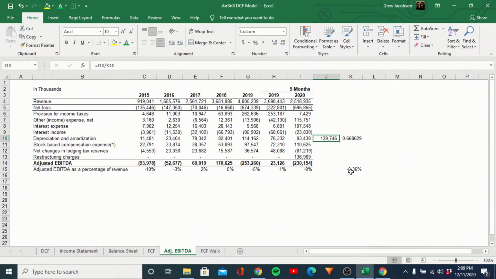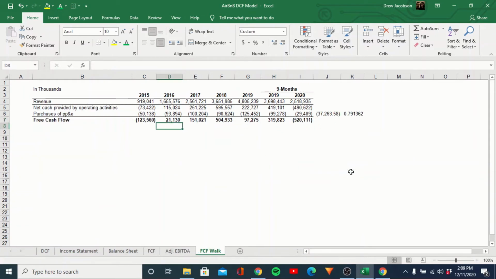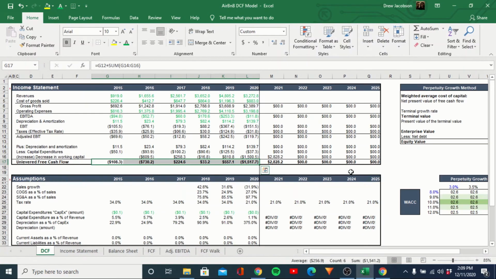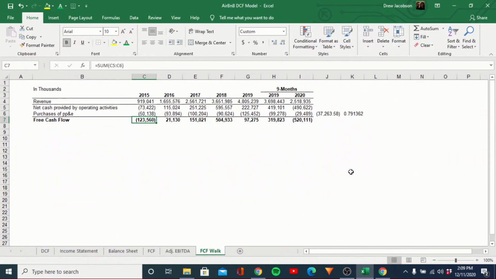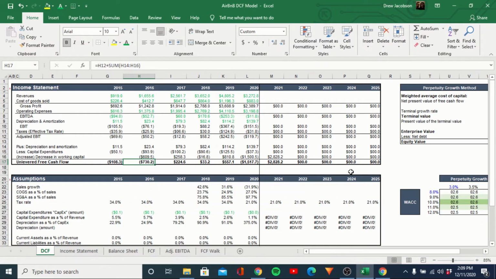Let's look at what they're providing us. They're telling us free cash flow is -123 million. Okay, that's in the ballpark. -730. They're telling us it's positive. So yeah, so from here it's positive every year. About $1 billion over those 4 years, and we have it positive 85. So there's definitely a lot of adjustments going on if we were to take their net income and